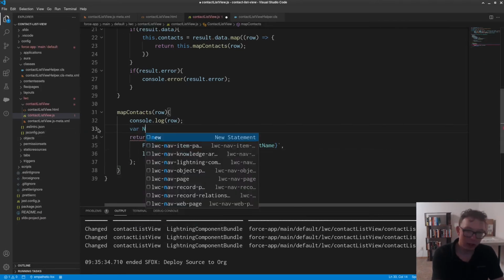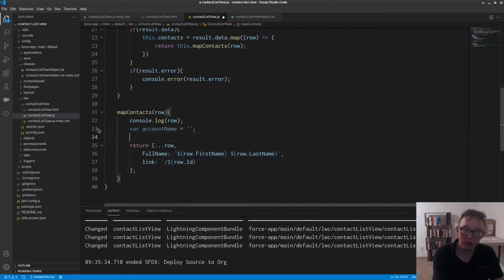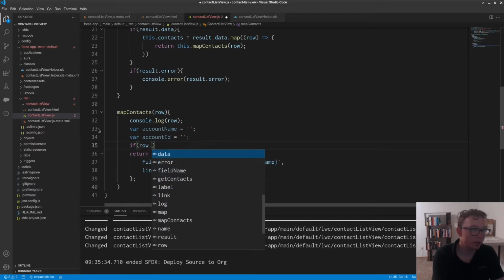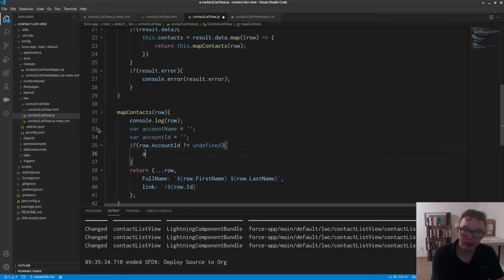The way that I like to do this is I have a var of account name, which is going to equal empty string, and we'll also have a var of account ID, which is going to equal an empty string. What we'll do is we'll just say if row.account ID does not equal undefined,